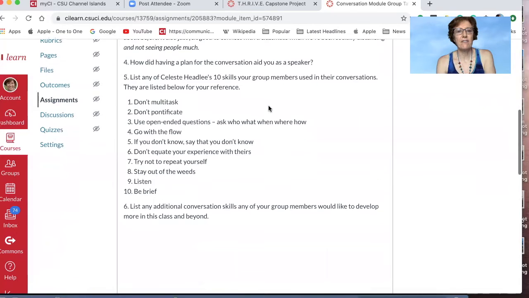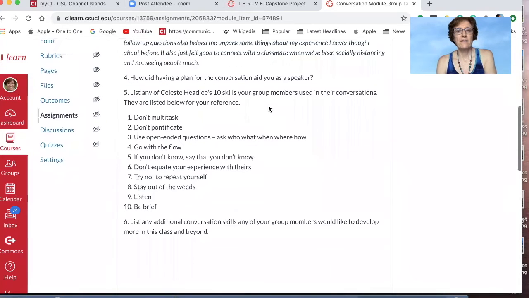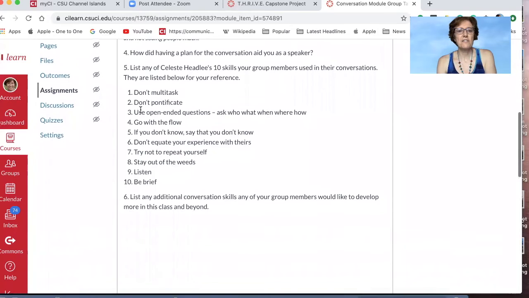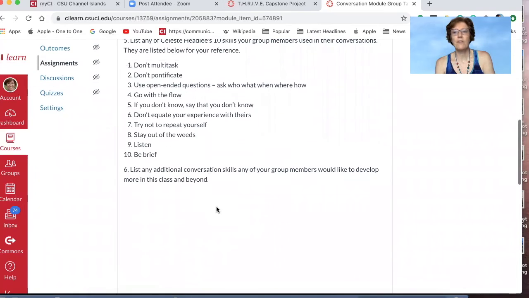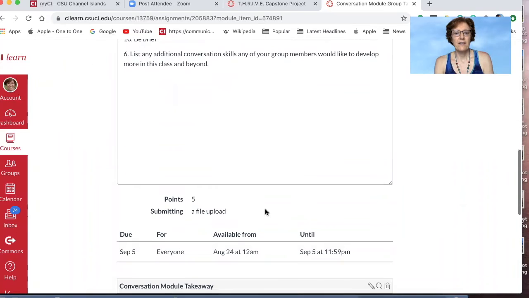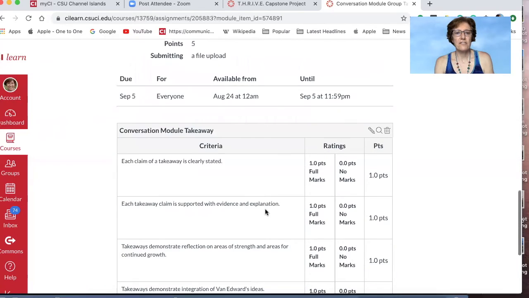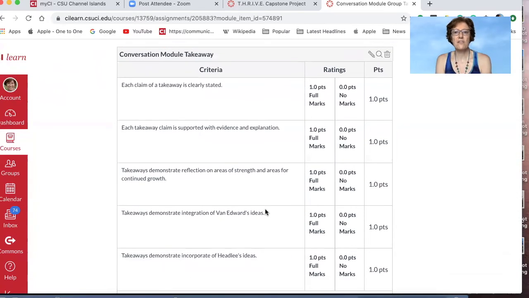And then I have this, which was the list of ways to have a good conversation from one of the videos. So I put it here for their ease to just pick them out, to list which one they used, and then to say which ones they want to do beyond. So that will help me assess what they learned and also get a sense of their writing skills at this point. And then I have also a grading rubric, so you can see how I use a rubric